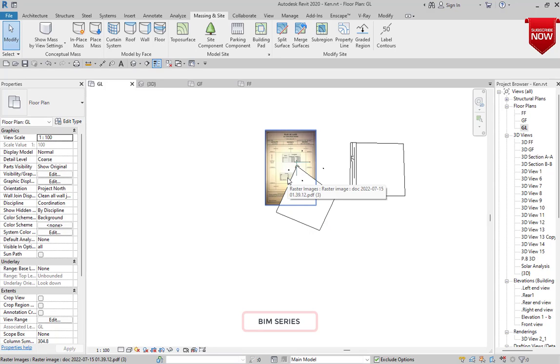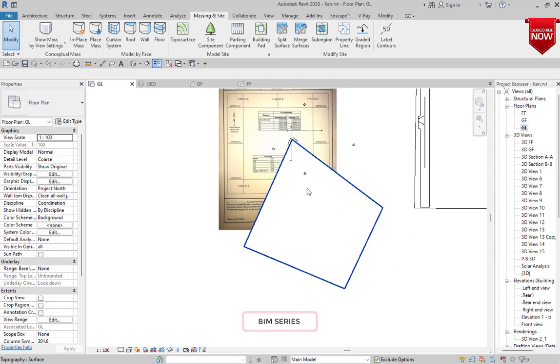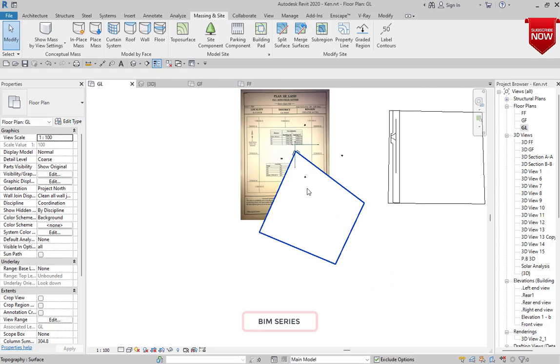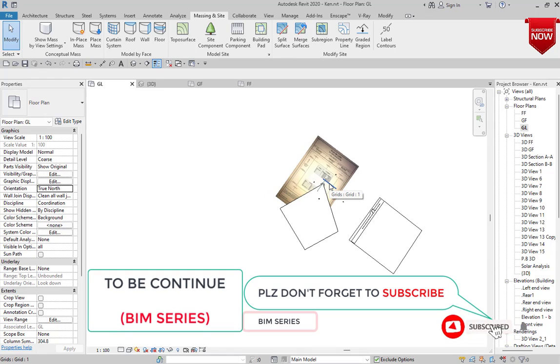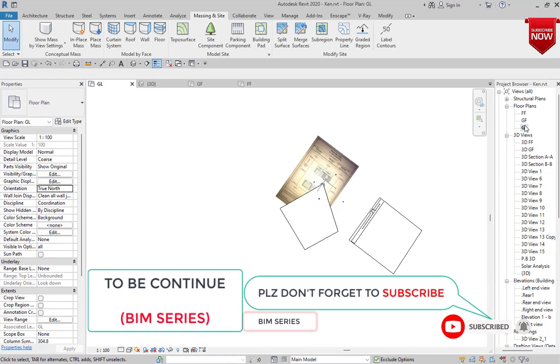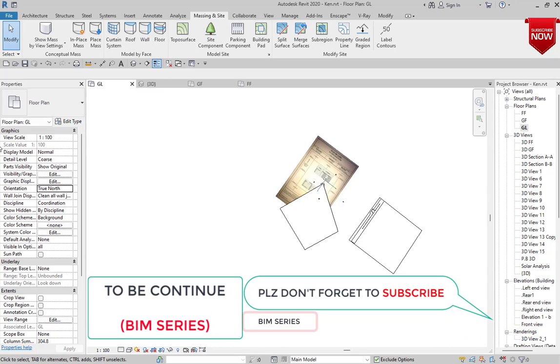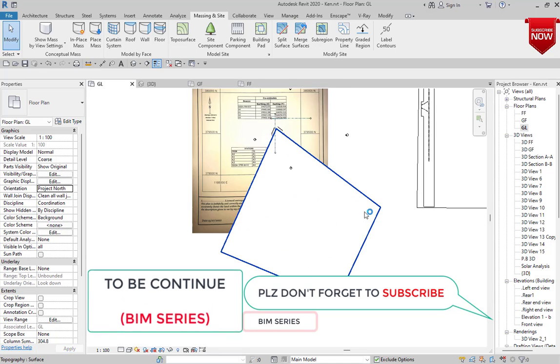But what we have to understand is that we are going to deal with the true north and also the project north. This is the true north of the site plan. We made a mistake. We needed to have drawn this in the true north. So what we are going to do here is to come back to the ground and change from the true north to the project north. So right now,